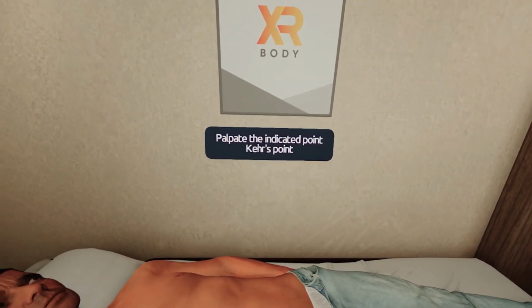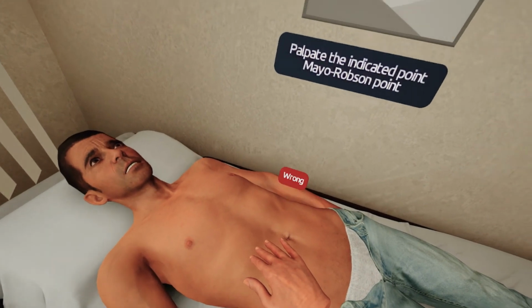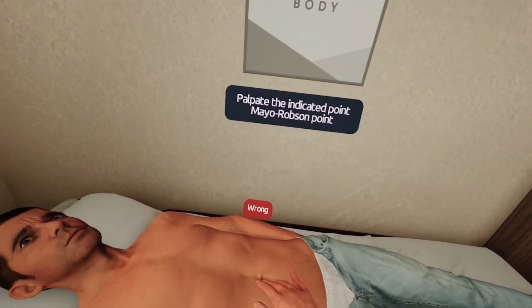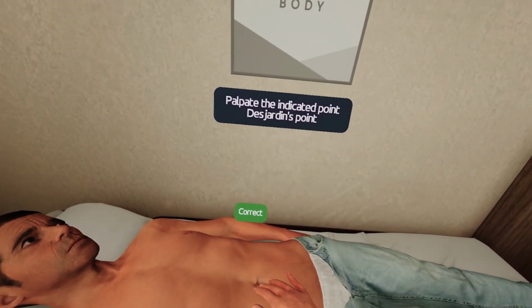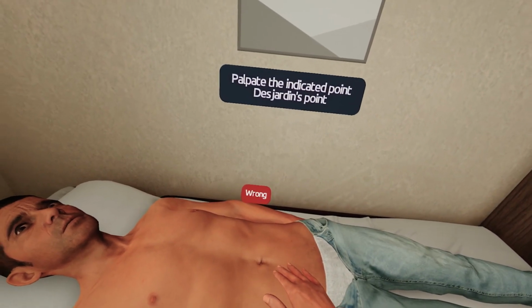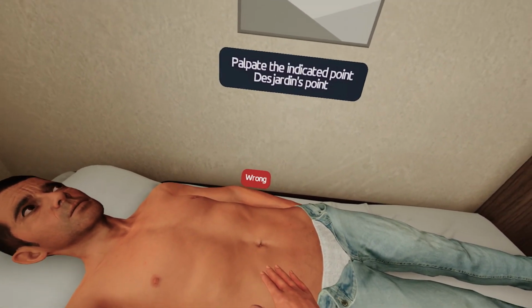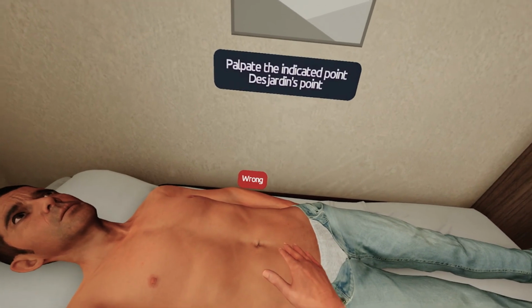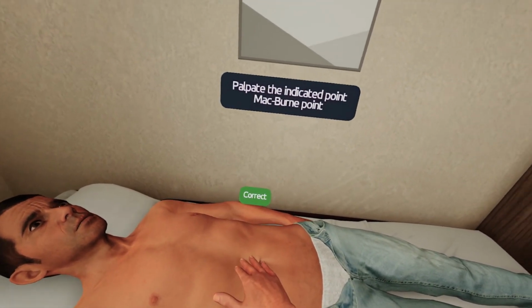Pear's point, Mayo-Robson point, Desjardins point, Macburn point,